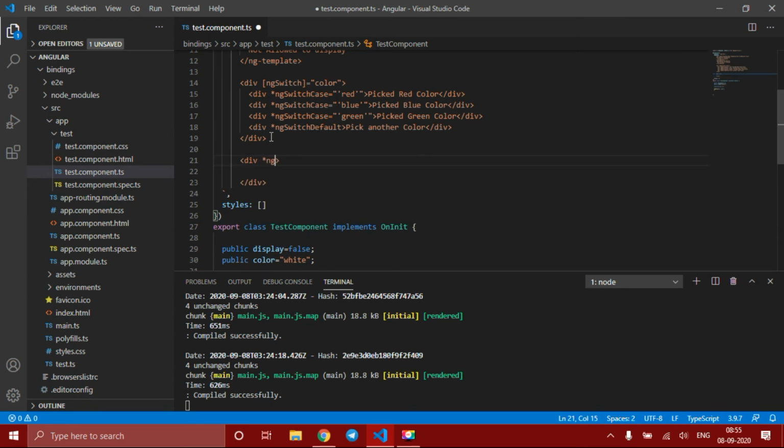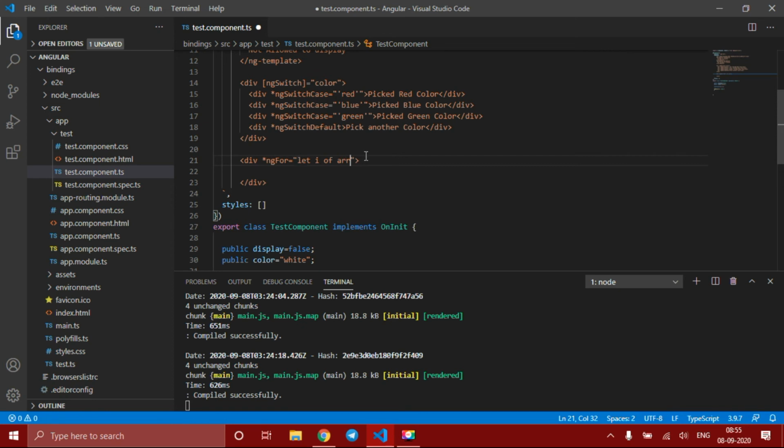For using that, the syntax is *ngFor equal to, you should write let, suppose I will take variable as i, like index i of my array. If I write it as arr, in other languages you write like for i equal to 0, i less than arr length, no?